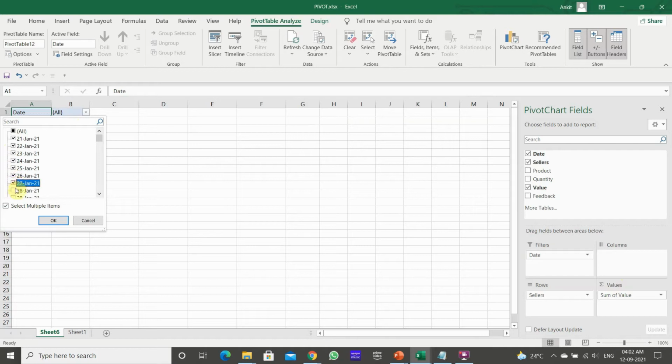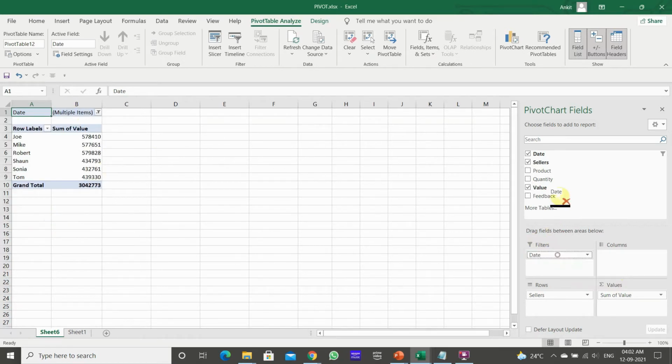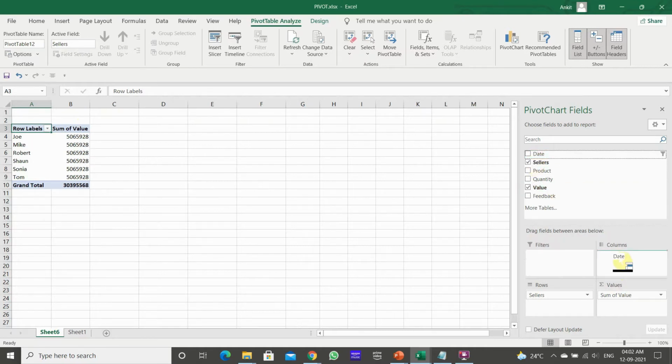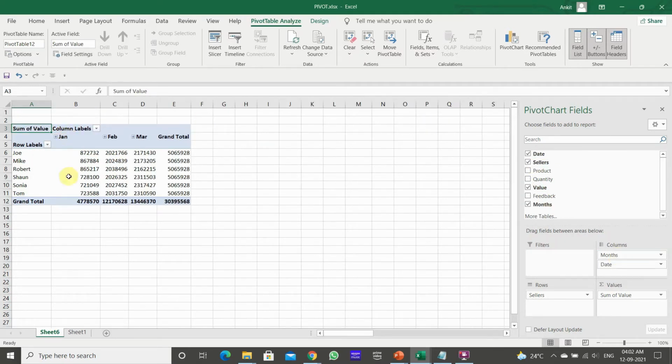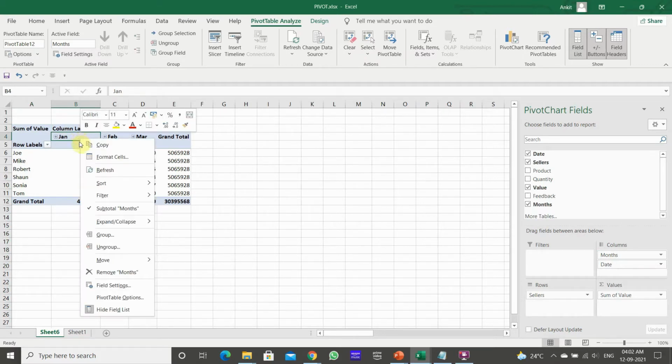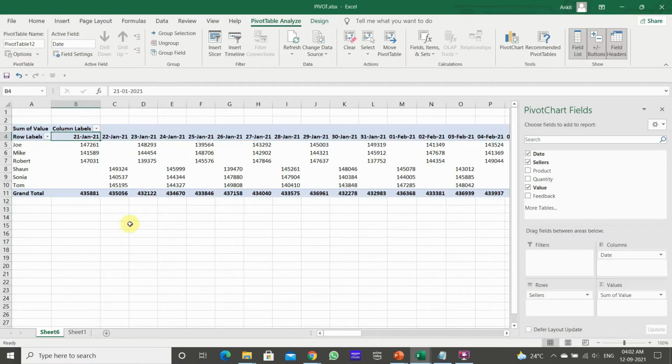Either you can do it in this way, or just remove the filter, put the dates on this column, or group it like this. Excel is very beautiful, it has already grouped all the dates. So if I go back, right click on the date, do the ungroup, it will ungroup.